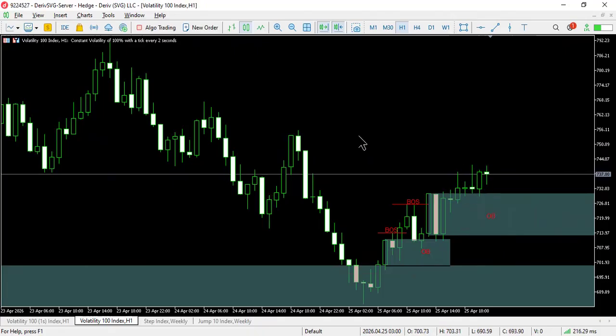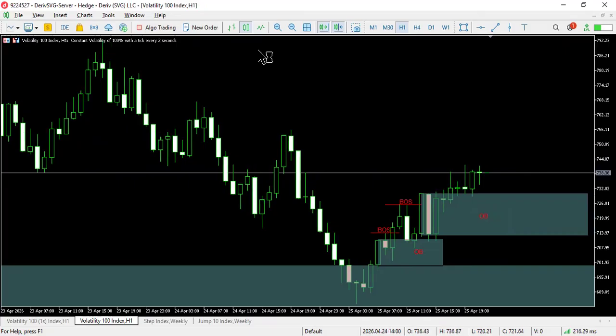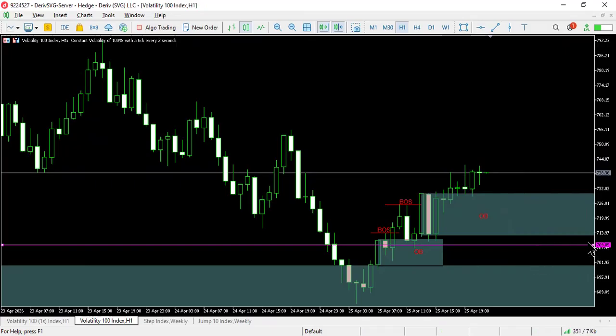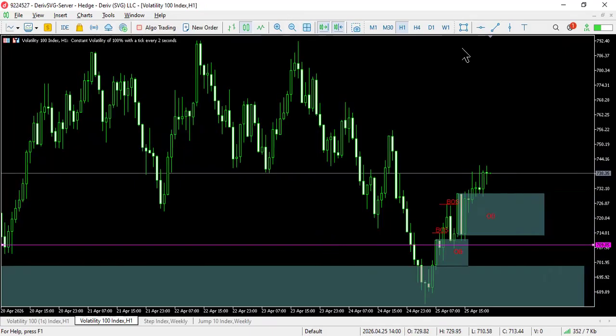So for the volatility 100, it's going to be an instant execution. So enter the trade, instant execution, volatility 100 at the current market price. Stop loss is going to be slightly below the order block at 709.05, and then your take profit,